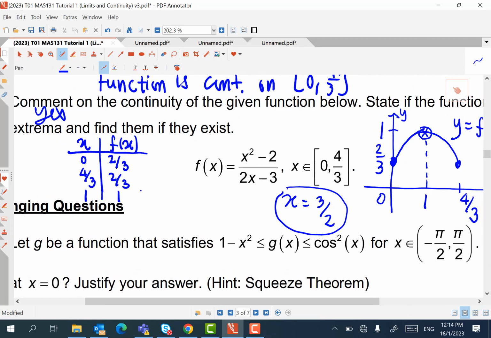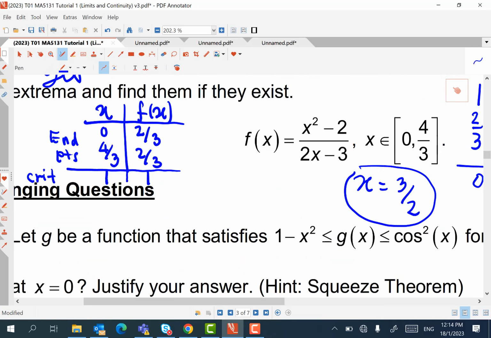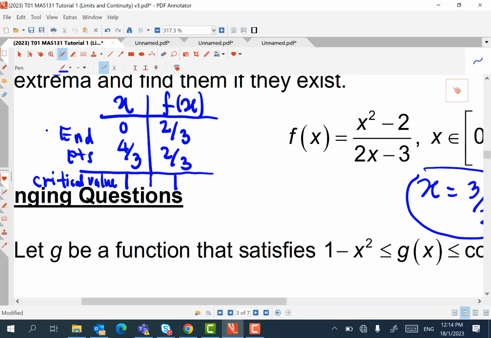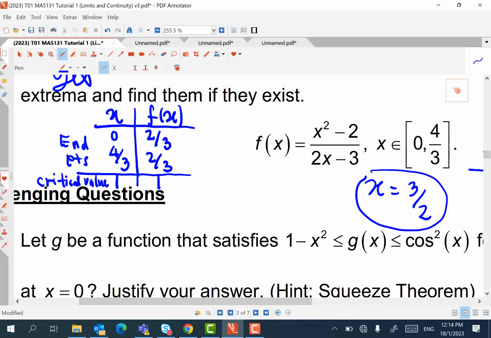So you can say that this is actually... okay. So then from this table, you can say therefore absolute min is equal to 2/3 and absolute max is equal to 1. And that brings the time